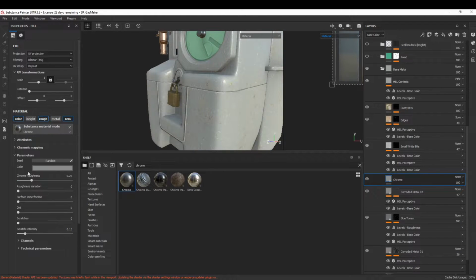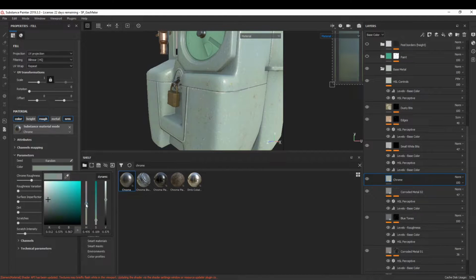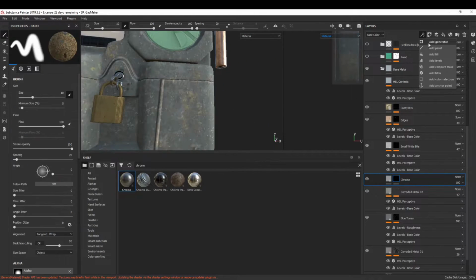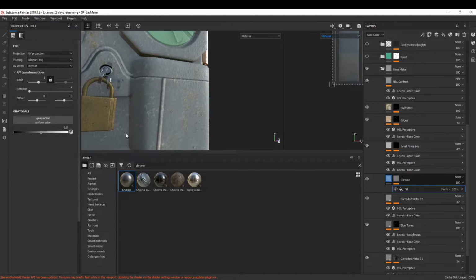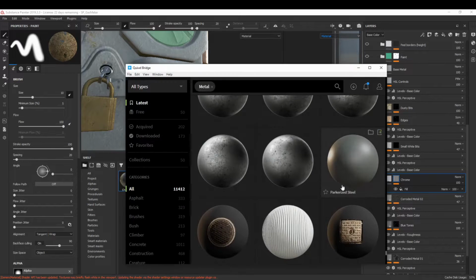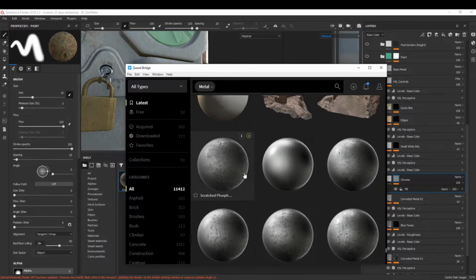I started with a blue tinted chrome material to see how variance and shine would work, but after playing around some, I actually ended up removing most of the channels from the material and changing the colour quite drastically, so you can just use a basic fill layer instead. I'm going to download a couple more scratched paint maps from Megascans,